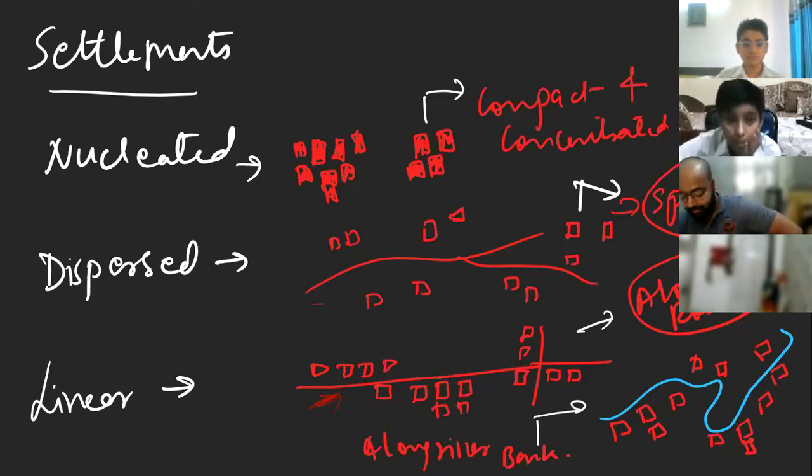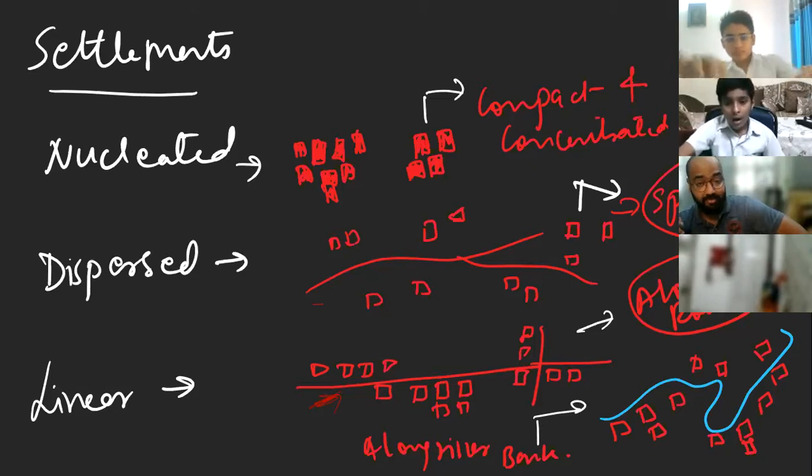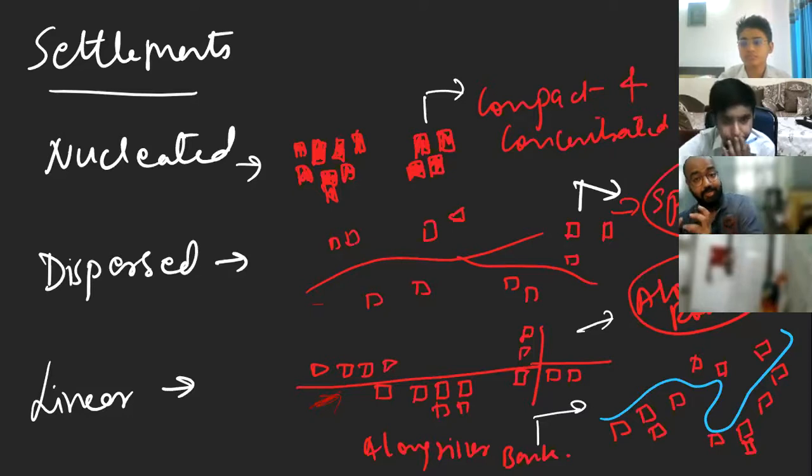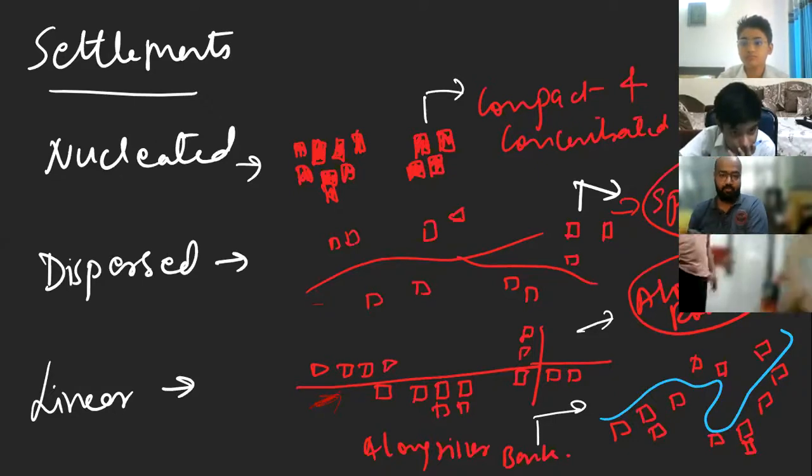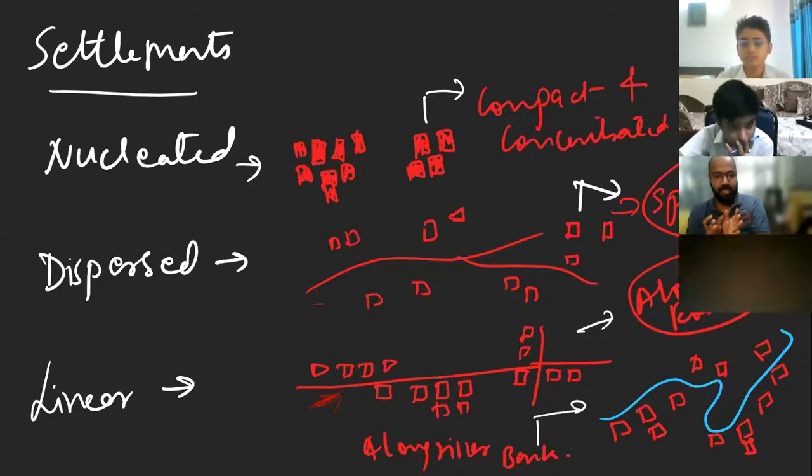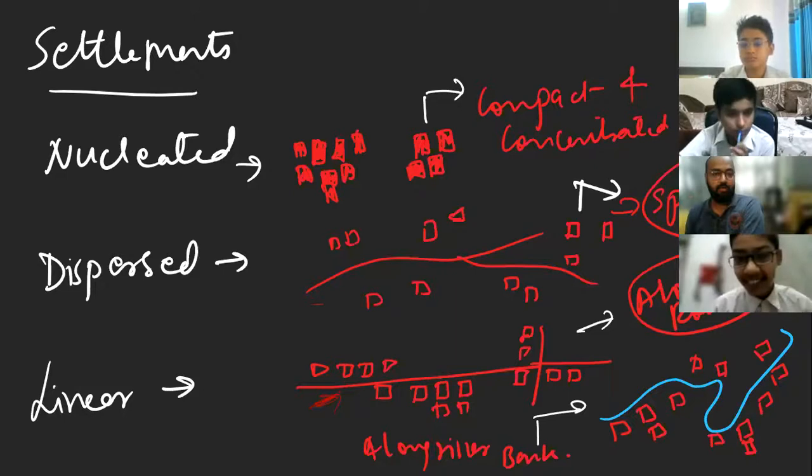Please underline the second point of this. Such settlements develop as a route focus and become collecting and distributing centers for trade. Because they are situated near the river, near the road, along the railway line. So these are the places where most of the trading activity is done, because things can be loaded and unloaded.